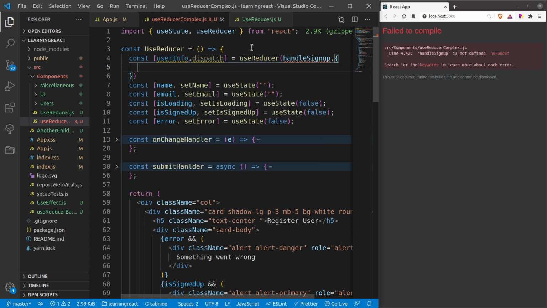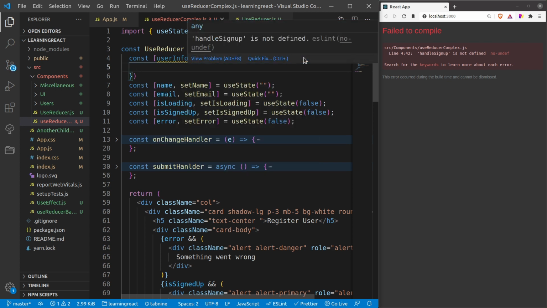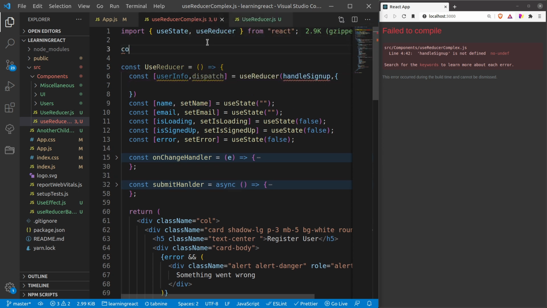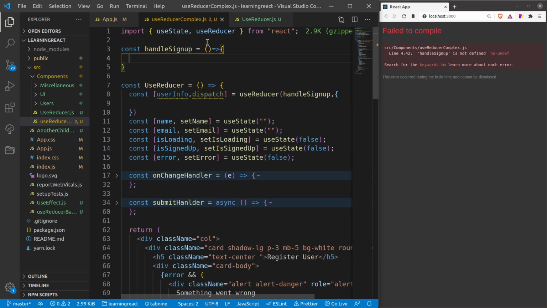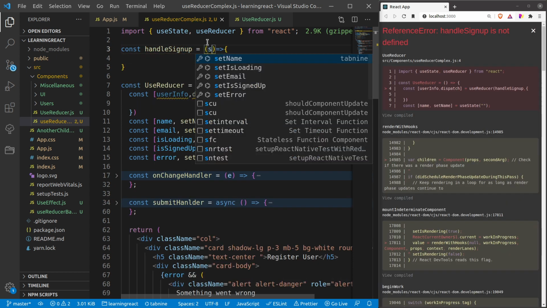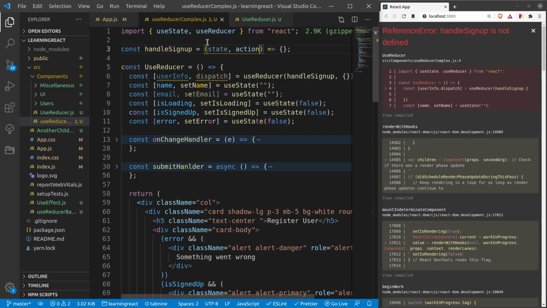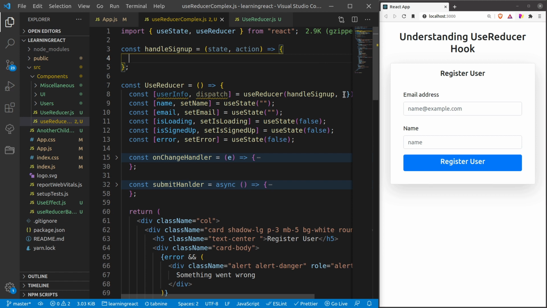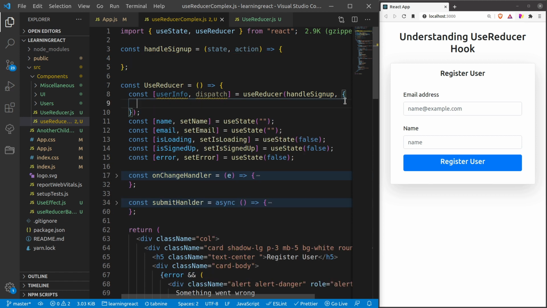So right now I haven't done anything else. Let me also just define this reducer function. So it is like this, right? And it provides two parameters, state and action. All right. Now we need to provide the initial state, which is an object. You can see that in useState we have used all these states, right?